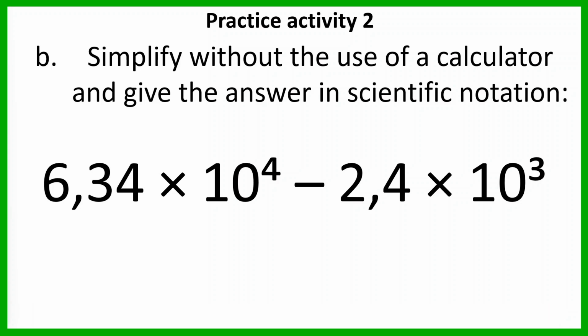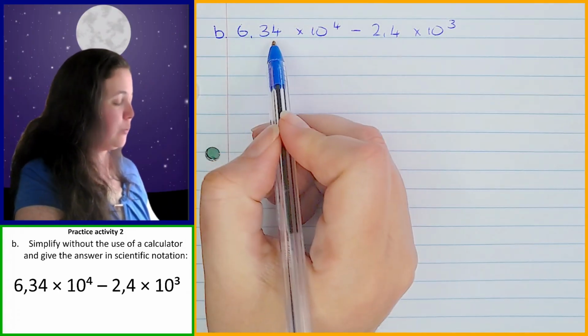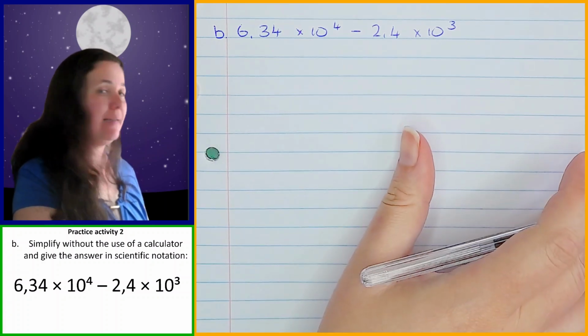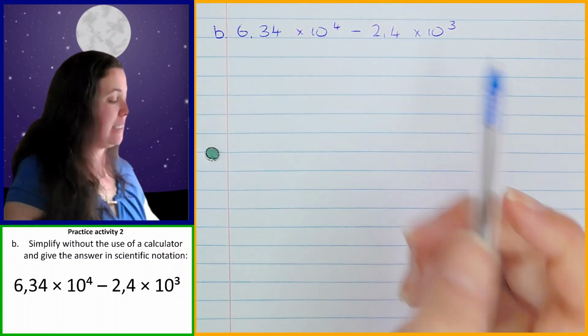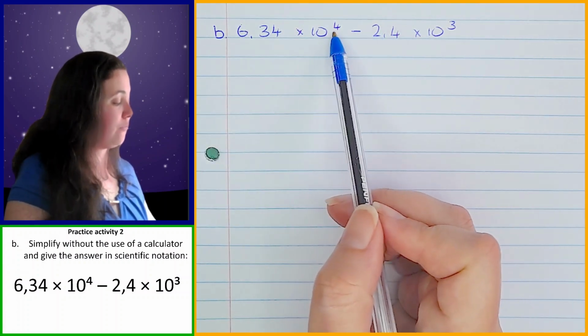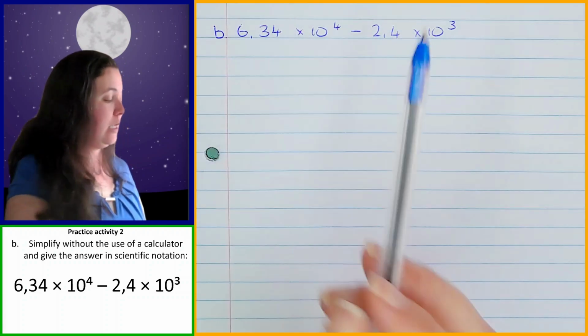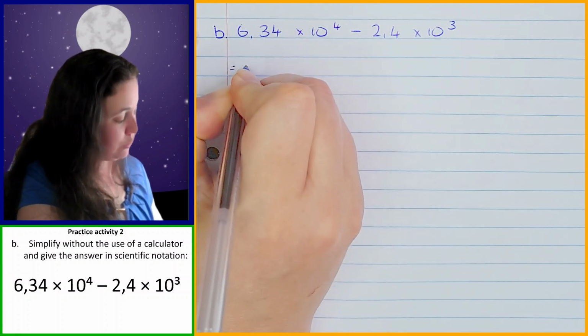Okay, so let's go through that question. Okay, so here I've got my question. 6.34 times 10 to the power of 4 minus 2.4 times 10 to the power of 3. So the first thing I need to do is make sure that I have the same power of 10 for both of the numbers. So I've got 10 to the power of 4 and I've got 10 to the power of 3. I'm going to choose and make them the same as the higher one. So I'm going to make them the same as the 10 to the power of 4. So this is going to stay the same, the 6.34